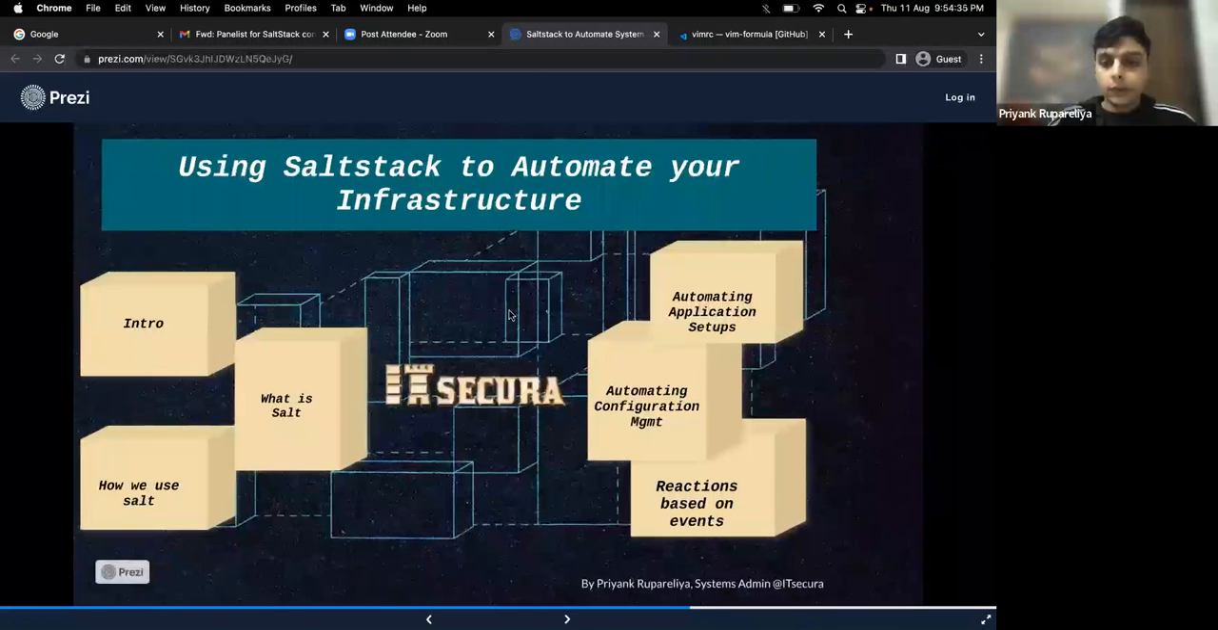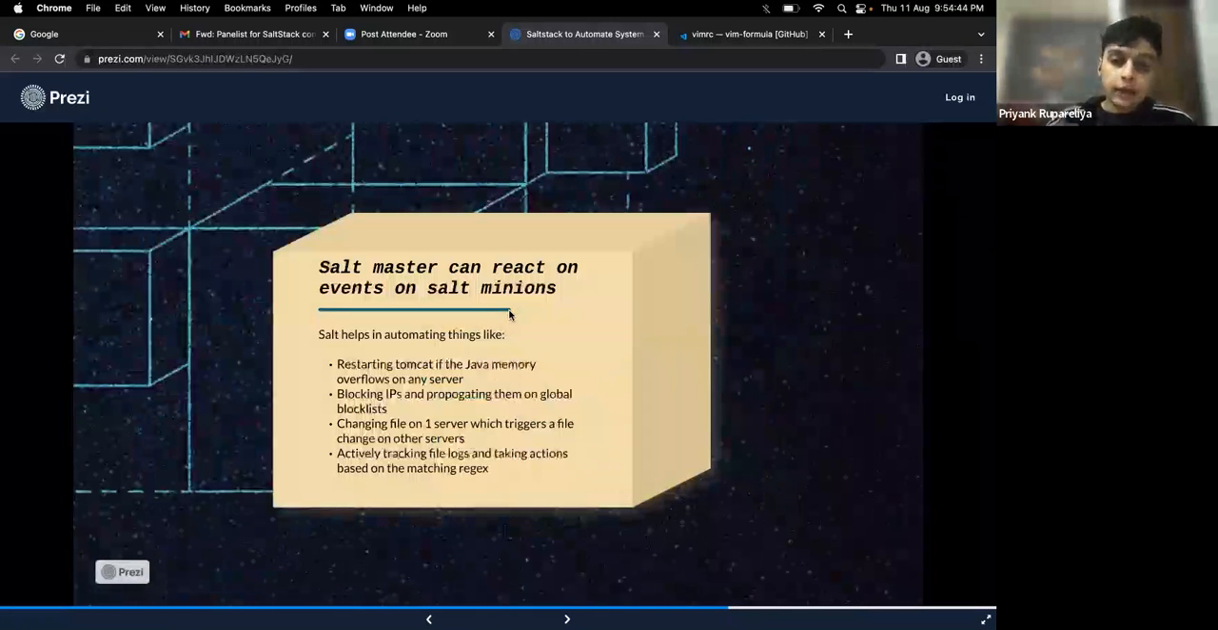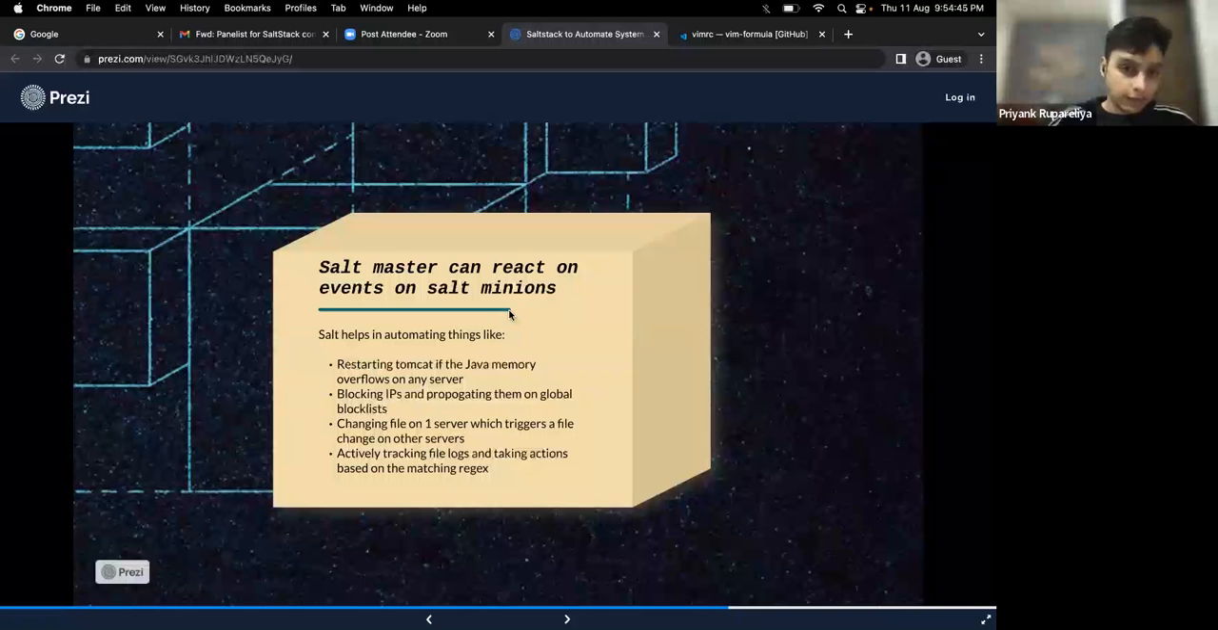All right, so we just talked about two important things called config management and automating application setups. Now, the third subject that we are touching upon, and by touching, I mean just talking about it because there is no real time to show something. I would talk about a good example that you might be able to relate to if you are dealing with Tomcat or Java in your infrastructure, right? That is called